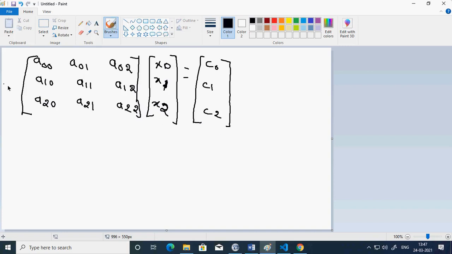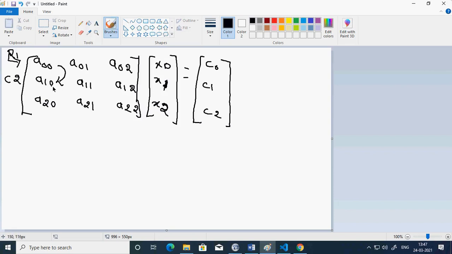So what pivoting means, basically I use this as a reference row R1. Then I compare these two values. So comparing row, I can call this C2. This is what I am going to compare: A00, A10.